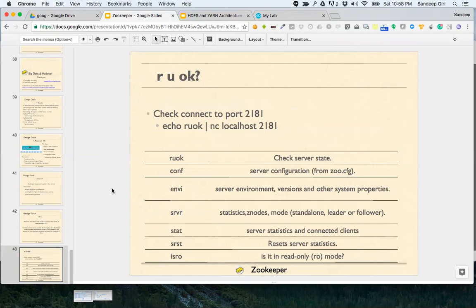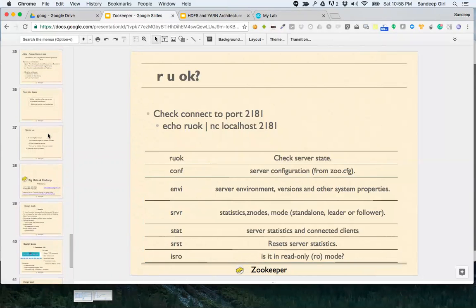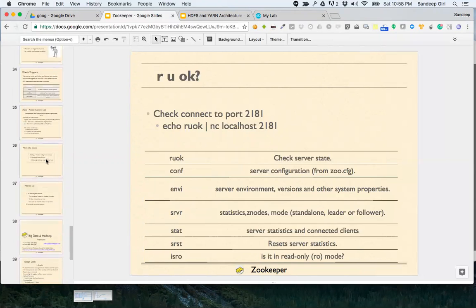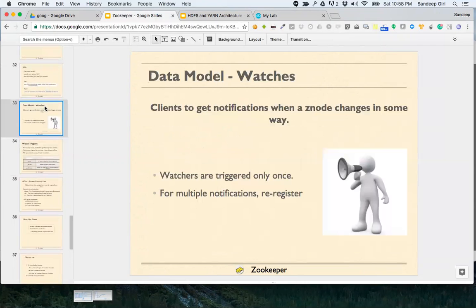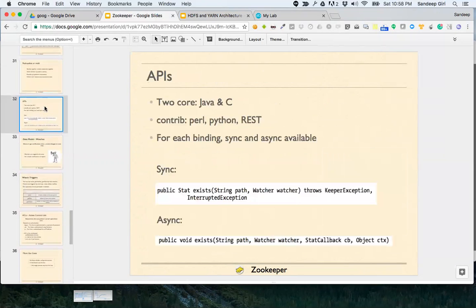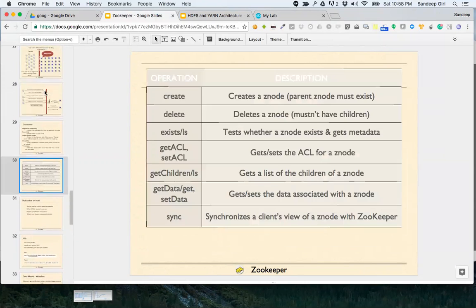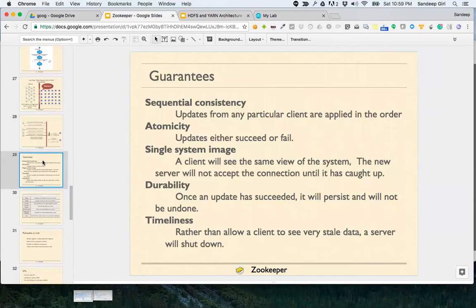All right, so I'm going ahead with a few more things. Today's discussion is generally good enough for you for most of the class, and I would like to highlight a few more items. There is something called triggers. I'll just go over most of these important aspects. There are many guarantees which Zookeeper provides, such as sequential consistency.